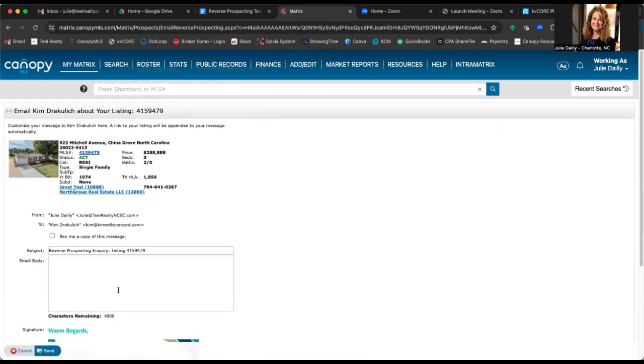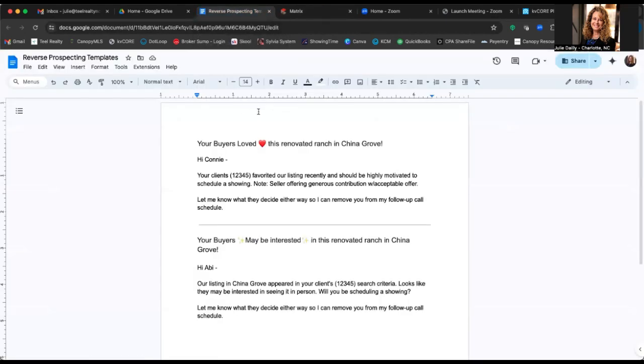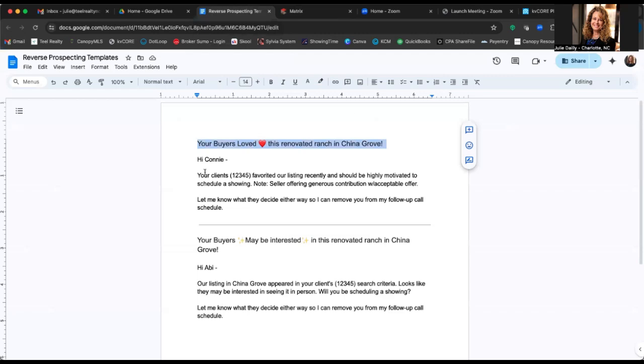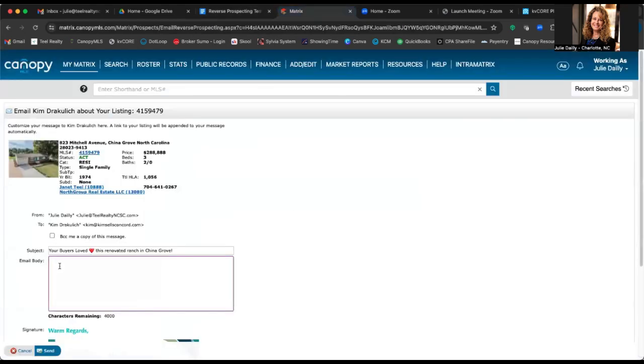and it's going to bring us to a pre-populated email going to Kim. And the first thing we're going to do is change the subject line. We're going to go back to our reverse prospecting sheet here, and we're going to copy this subject line and paste it in here. Then we're going to go back and highlight the template, and we're going to copy it and paste it into